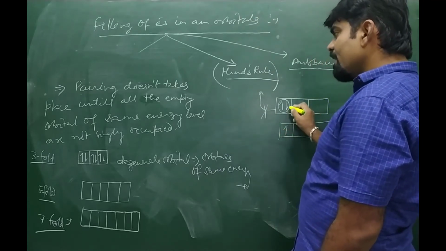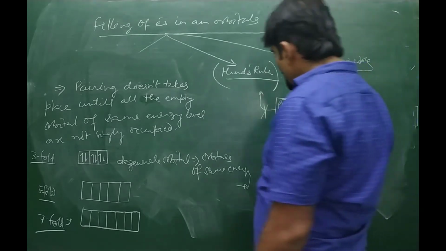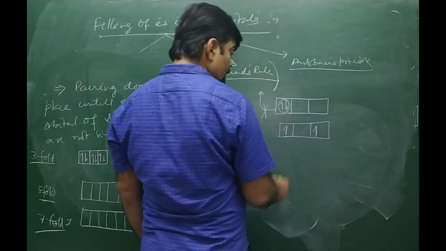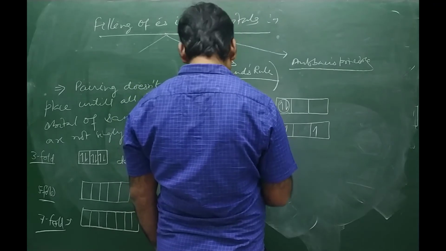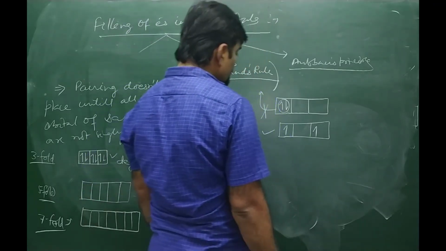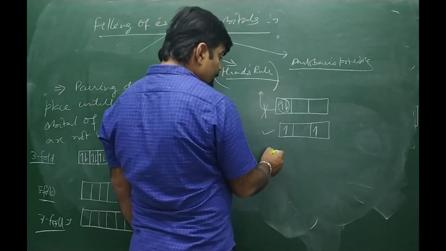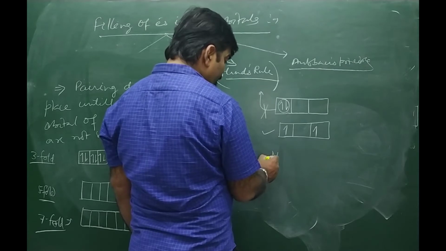But this particular arrangement will violate Hund's rule. So this arrangement is not possible according to Hund's rule. Okay, so this is possible. This is not possible. This is possible in this way. Now, suppose we write the configuration of nitrogen, whose atomic number is